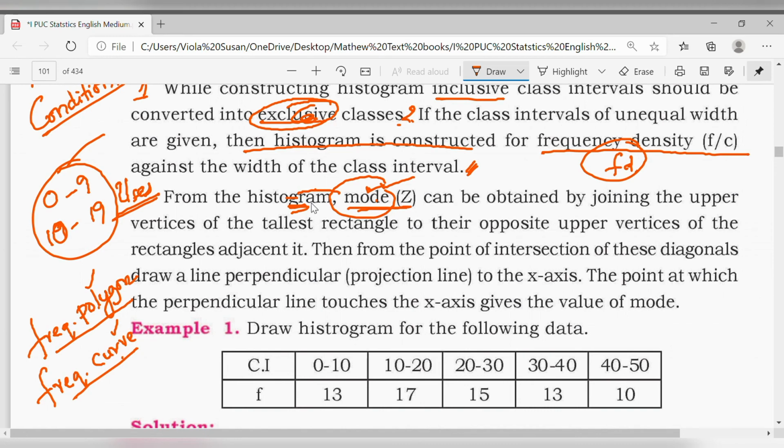This is what we have with the theory regarding the histogram, students. In the next video, I will explain how to draw the histogram. I will take a simple problem with equal width of class intervals and show it to you. And in another video I will help you understand unequal width of class intervals. How can we do it? All these things can be done, students.